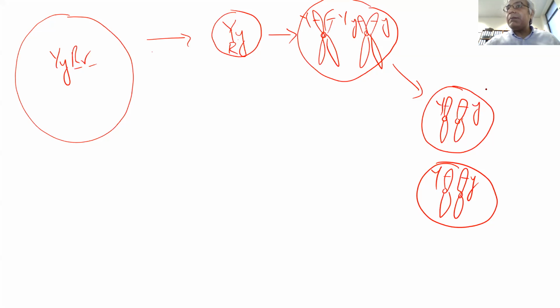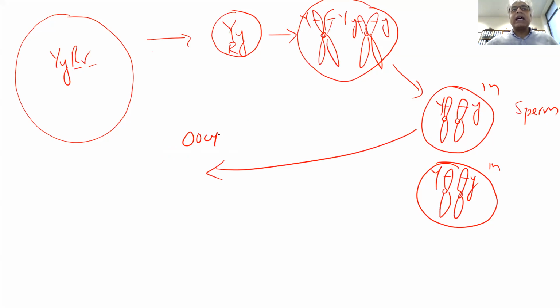Now, we know these are gametes, haploids. They are to be fertilized. Let's say these are sperm cells, and the oocyte, the egg cell, has capital Y and